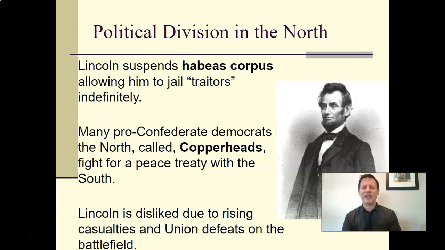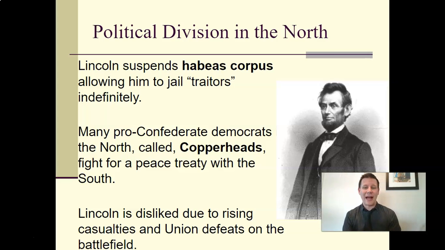That happened in the North. Many people in the North, like I said, supported the Democrats, supported the South. Democrats in the North largely supported the Southern states, and these people were called copperheads because, like the snake, they were dangerous. They were snakes in the grass. Again, they can't be trusted. And a lot of these people thrown in jail without habeas corpus were these copperheads, these people living in the North but kind of politically loyal to the South.